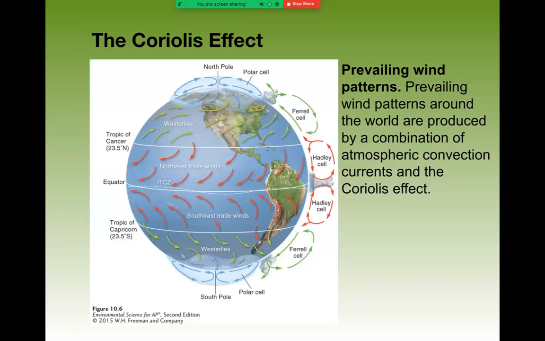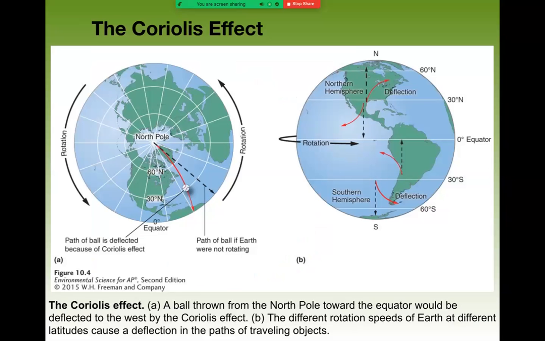Okay. And the same thing happens if we move north from 23.5 degrees. Instead of the air moving from south to north toward the rising air, instead, what we see is the air tends to veer to the right. And so I'd like to take a moment and talk about that particular phenomenon. It's known as the Coriolis Effect. And the thing that happens on planet Earth that is very significant is the spinning of the Earth. And anything that is traveling above the surface of the Earth is traveling in space while the solid Earth is